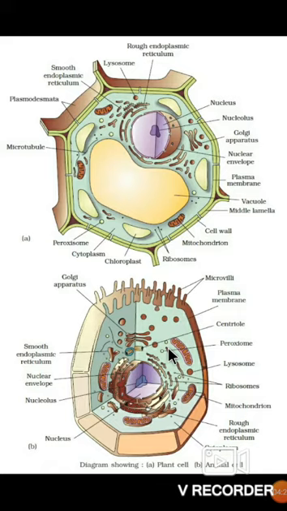And the main thing is that both cells contain a nucleus, and the nucleus has the main parts: nucleolus, nucleoplasm and nuclear membrane, and inside there is a chromatin network which is made up of DNA and histone protein. So this is the total comparison between the plant cell and animal cell.